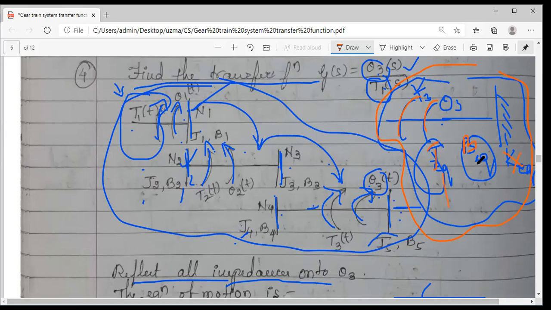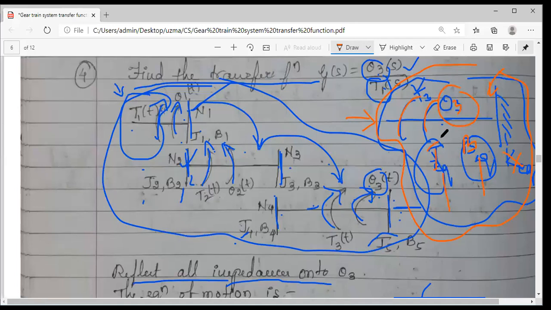Now we have to find what are these J's and B's, and also we need to go for the nodal equation, that is the equilibrium equation for theta 3. Then we need to go for the transfer function. Okay, if this is your equivalent system, what will the equation be? So theta 3 is your one single displacement. For the equivalent network there is only one displacement, so you will get only one equation.